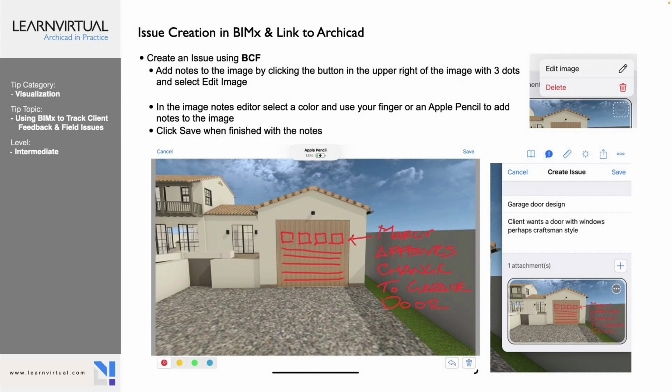Then at the top of your screen of that saved view now, you'll see a little circle with three dots in it. If you click that, you can go to edit image, at which point you can use your Apple Pencil or you can use your finger, and you can begin to draw on that image using the colors that you see down below in the bottom left. And so you could draw some squares, giving the idea of what a craftsman door might look like, and a note saying that the client approves the change to the garage door. Then that gets saved with this,